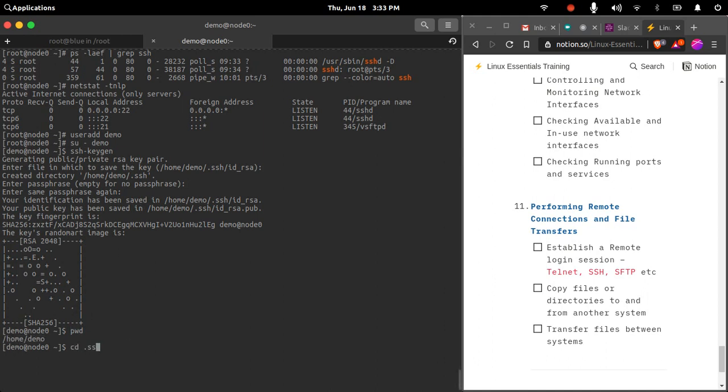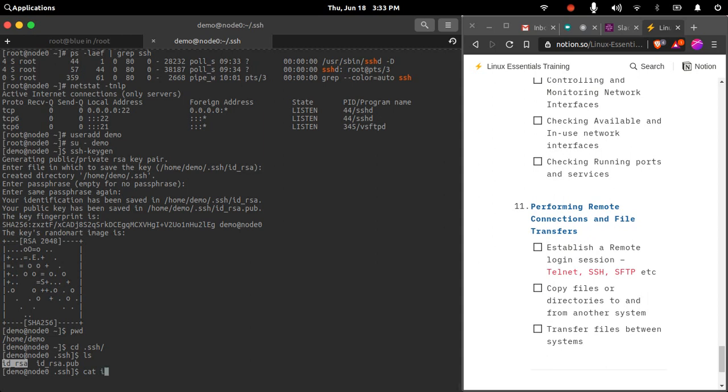Here if I go to .ssh, I'll have my key pairs, and they will be saved by default with the names id_rsa and id_rsa.pub. The .pub file contains your public key, and id_rsa without any extension contains your private key.